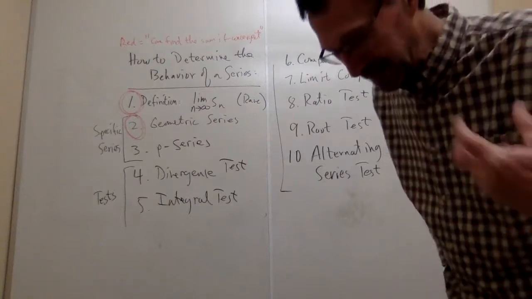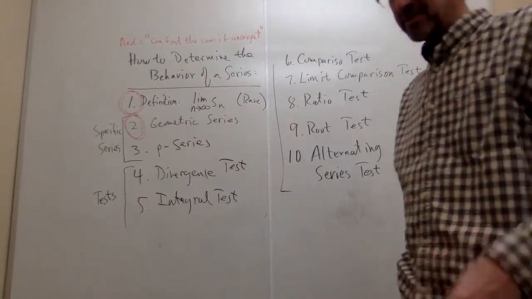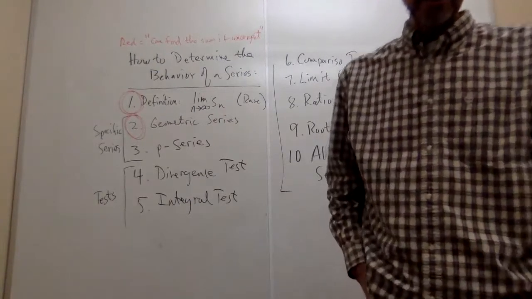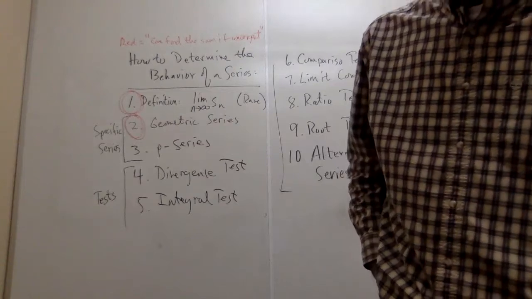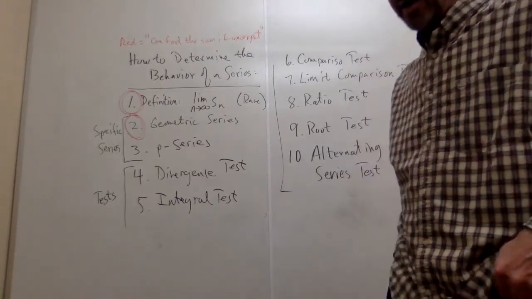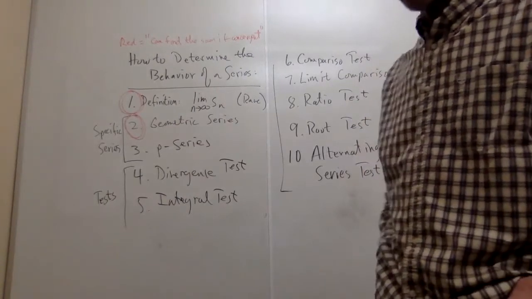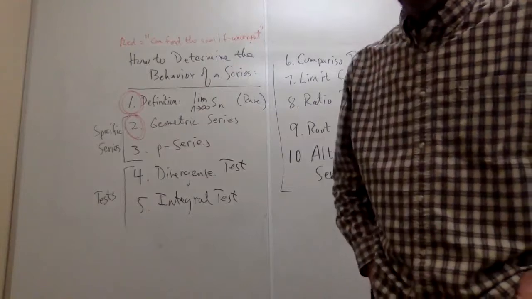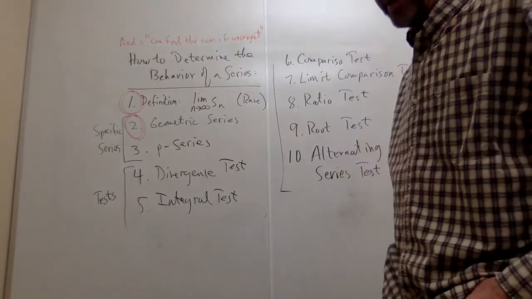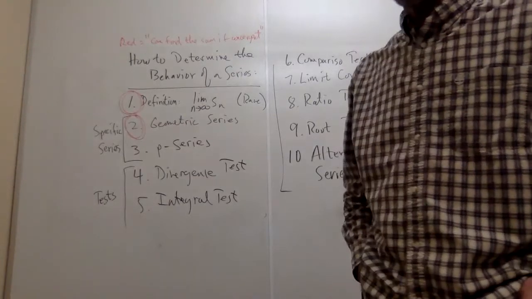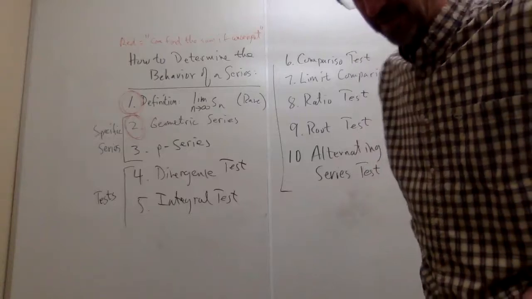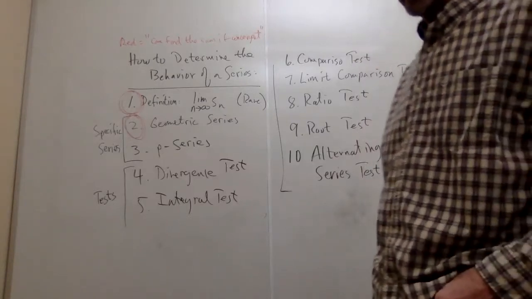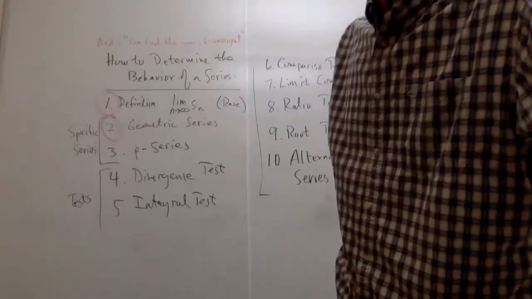All right, we basically have covered all the material of chapter 10, all the material that we're going to cover. There's a few things in there that we haven't spent time on. I thought before we move on to the next chapter, chapter 11, which is still about infinite series, a little different take on it, I thought I'd just take a minute to summarize all the things we learned in chapter 10. I've written them on the board here.